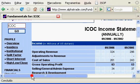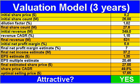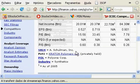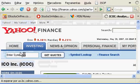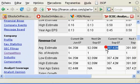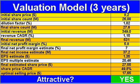For fiscal 2007, let me see what analysts are expecting. Okay, analyst estimates. Well, they're expecting $367 million in revenues and 392 million for 08. So growth is expected to continue. It was 18% in Q1 2007 when compared to Q1 2006. So I've considered 15% revenue growth going forward, and this gives me a final revenue, which is 2009 revenue of